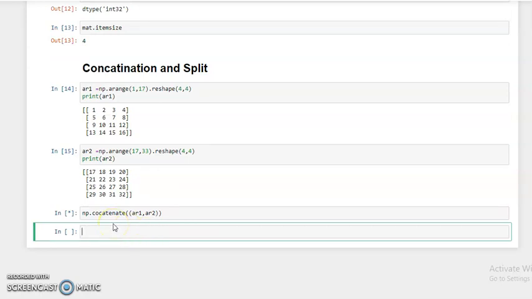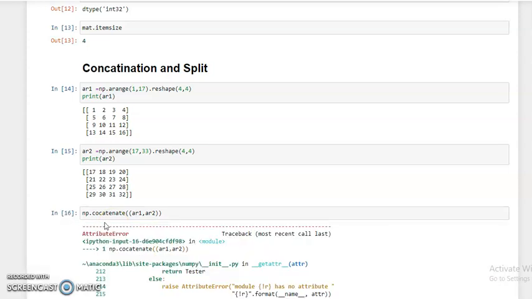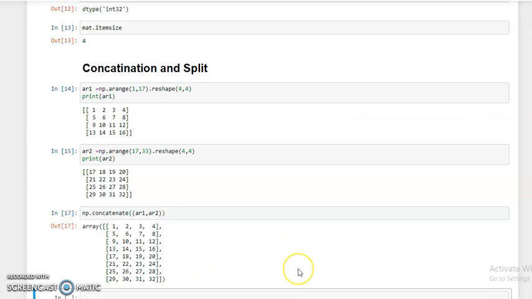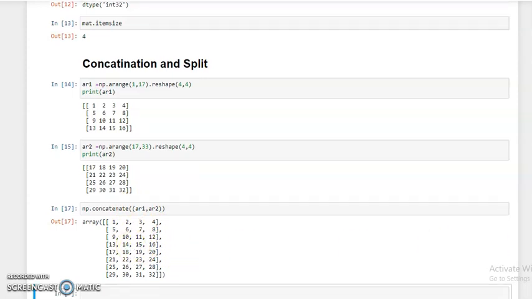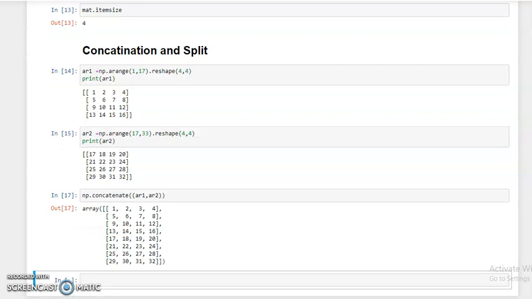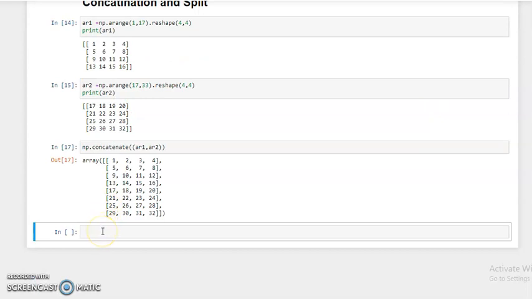Concatenate is spelled like this. Okay, and then run. You can see here the two arrays are concatenated, and the second array, array 2, is below array 1. So it means not addition but concatenation, which means to merge two arrays into one array.